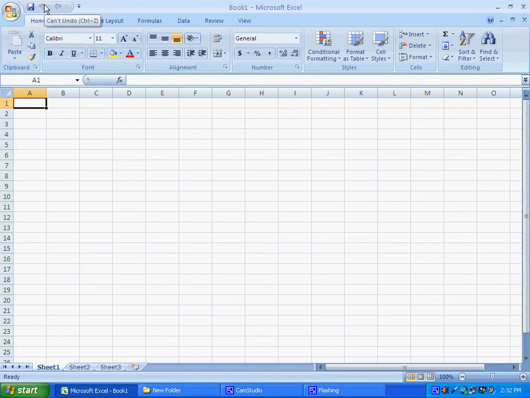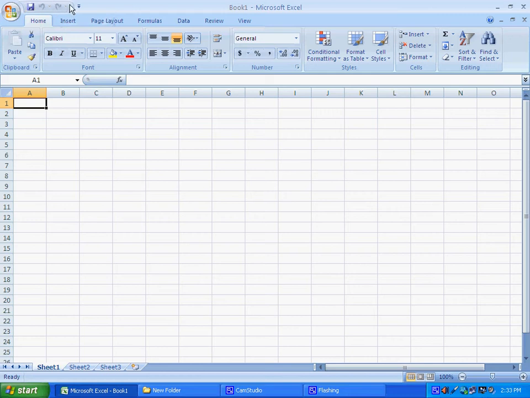The undo option is for when you are working on an Excel spreadsheet and you realize that you have made a mistake and you want to undo your work, or you want to return to your previous format or previous data. You can always press Ctrl Z, or these are like undo and redo shortcuts.